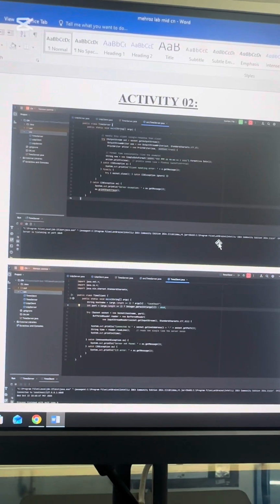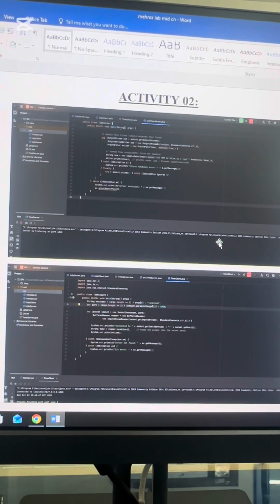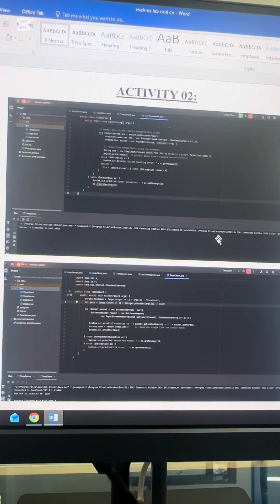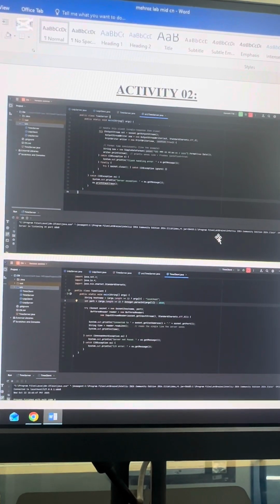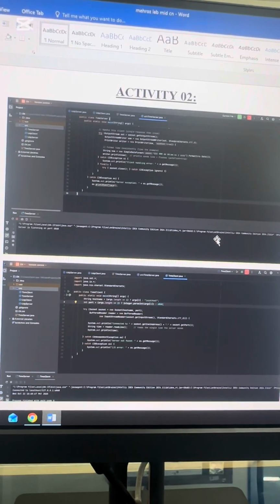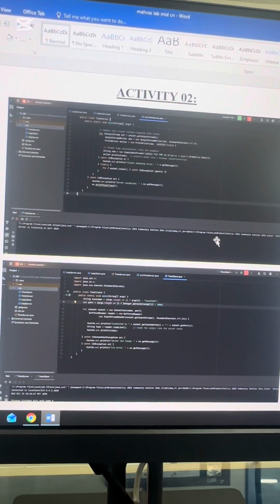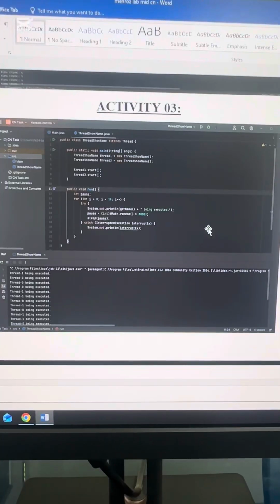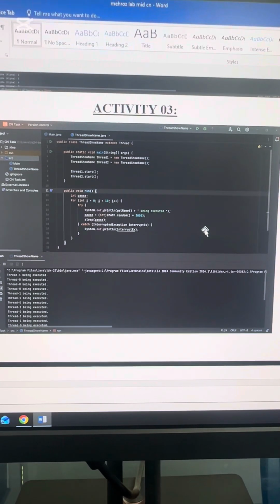We also explored multi-threading with TimeServerMulti. This version uses a loop to continuously accept incoming client connections, and for each new connection it hands it off to a dedicated thread to process the request, allowing the server to handle multiple clients concurrently. Moving to activity 3, we focus on Java threads and concurrency.